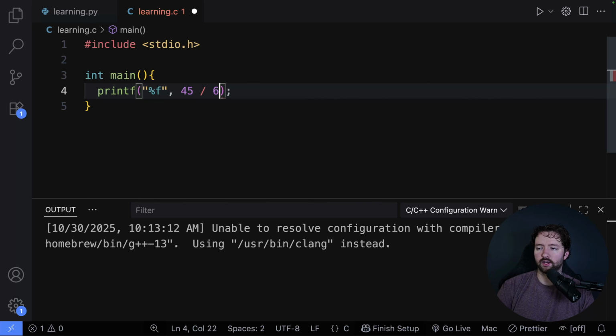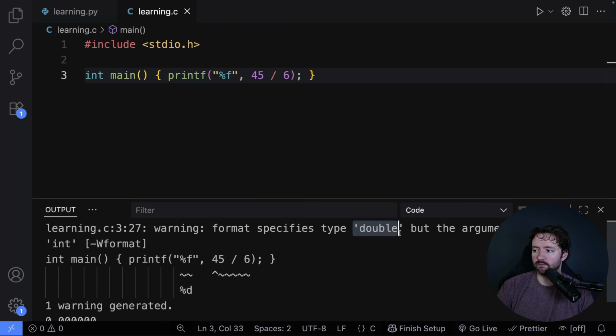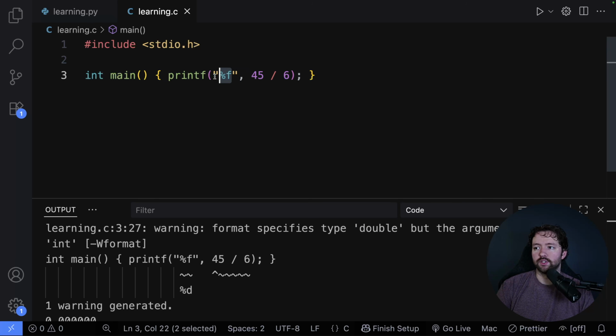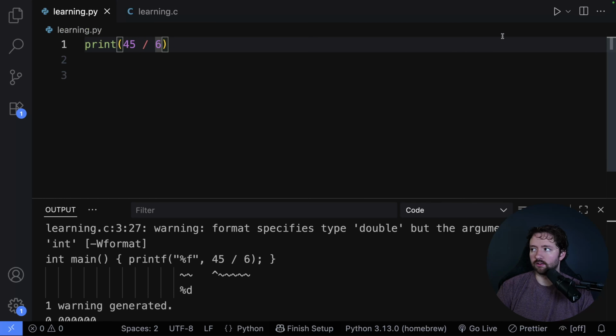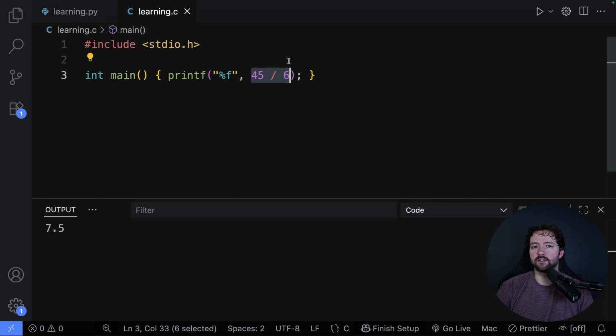And if we then do a 45 divided by 6, it'll complain about these types. Format specifies type double, but the argument has type int. So what we're passing to this output here is an integer. So even though the value should be mathematically a 7.5, because of the types,